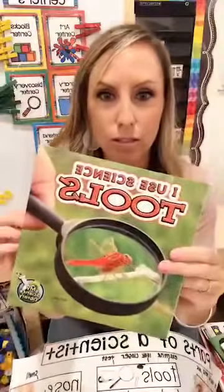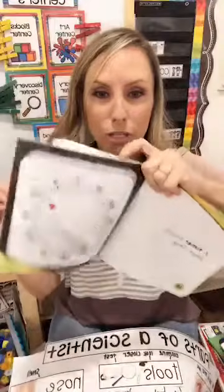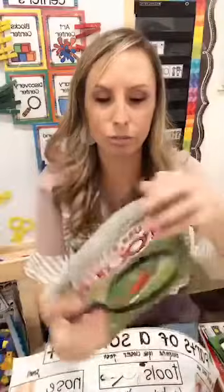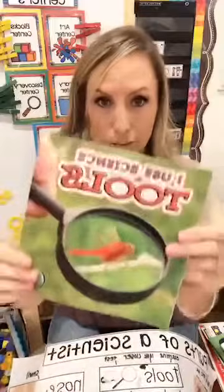They hold it up to their face and they have no idea how to use it, right? So I love this book. I use Science Tools. It literally just goes through super simple text and simple pictures on all the tools that scientists use. I use Science Tools by Kelly Hicks. I love this one. And then after we read that, because it's like 2 seconds, then we make this Parts